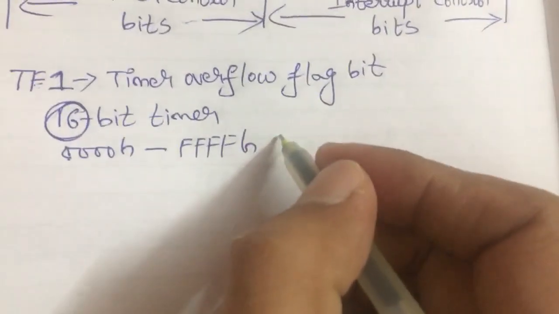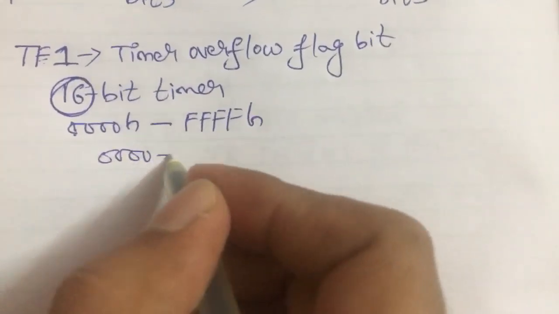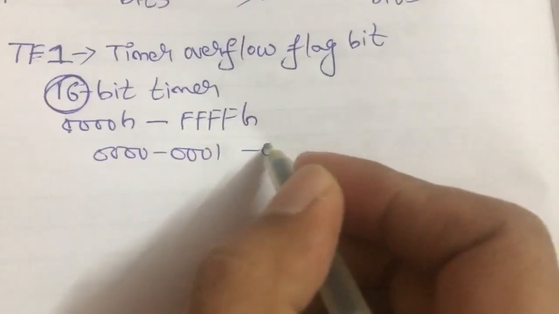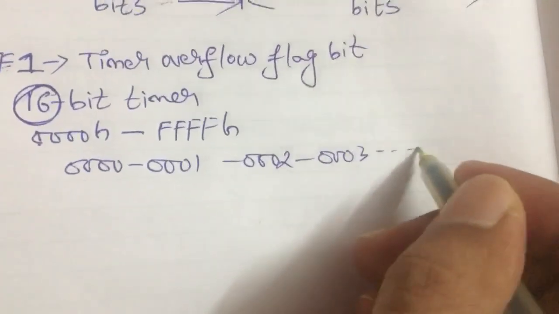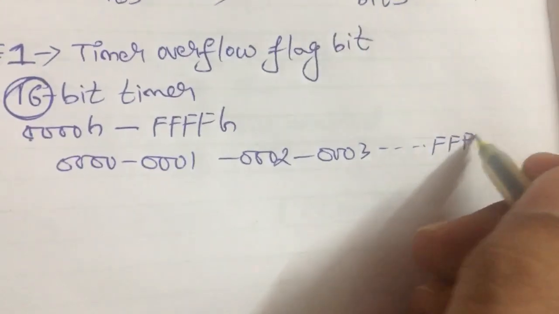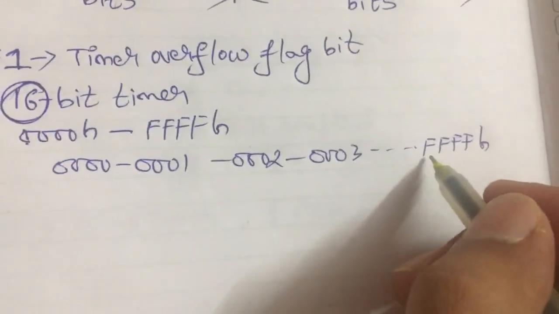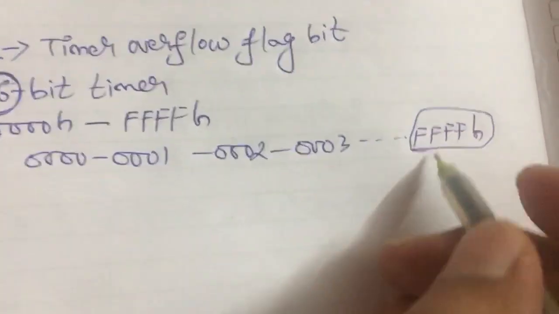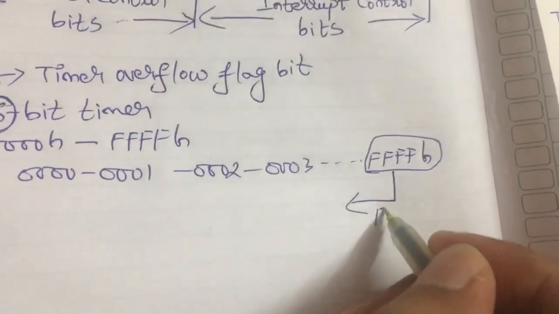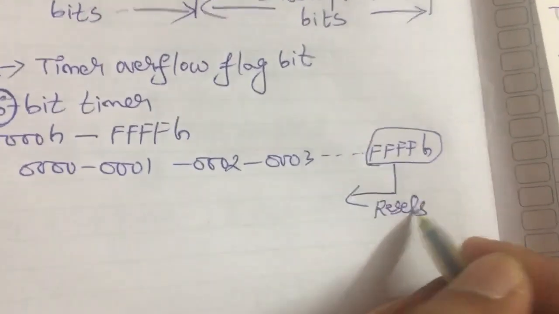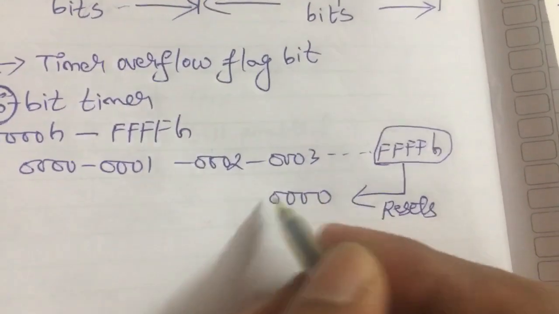That is, first it will take 0000, 0001, 0002, 0003, up to FFFF. Am I right? So the max value it can take is FFFFH, and when the timer resets back to 0000,